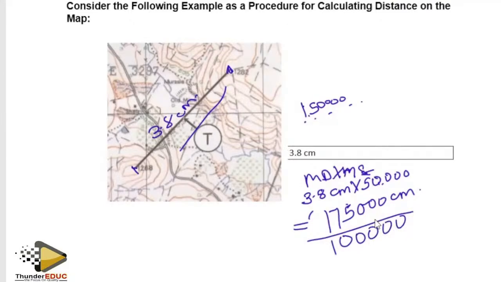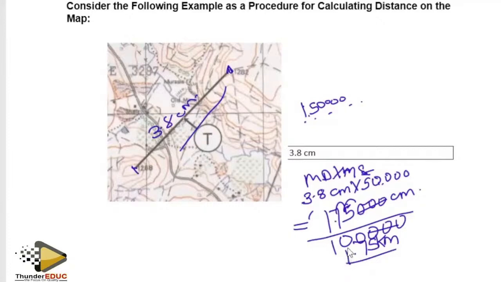And what will you get? You'll get the answer to be 1.75 kilometers. Meaning that this distance you are seeing from here to here,